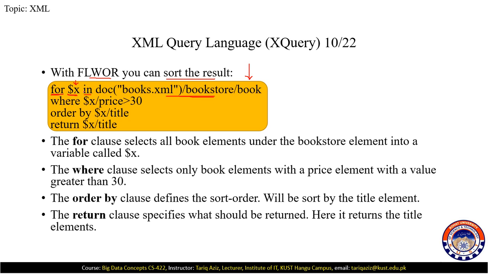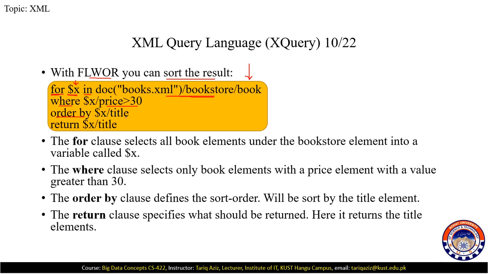Okay, now dear students, here we set a condition. Again, we set a condition on price, that if price is greater than 30, and now we want to sort our results. So using the order by clause, we are sorting our result in ascending order,